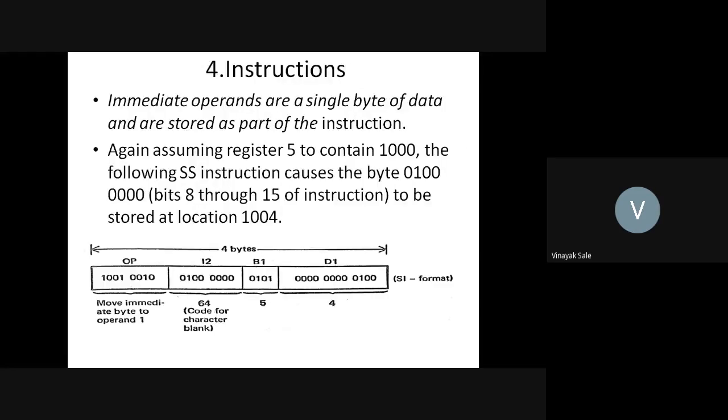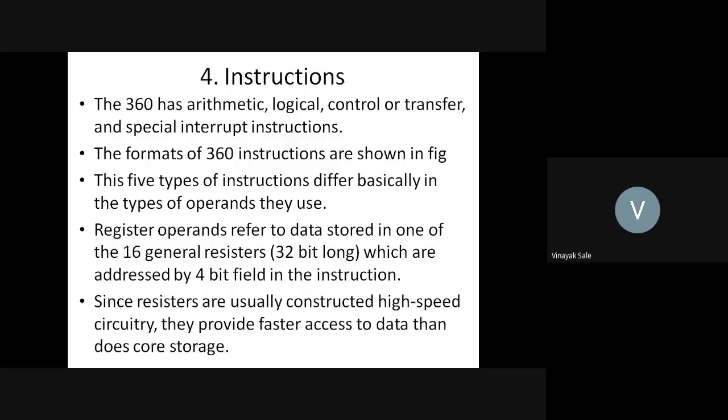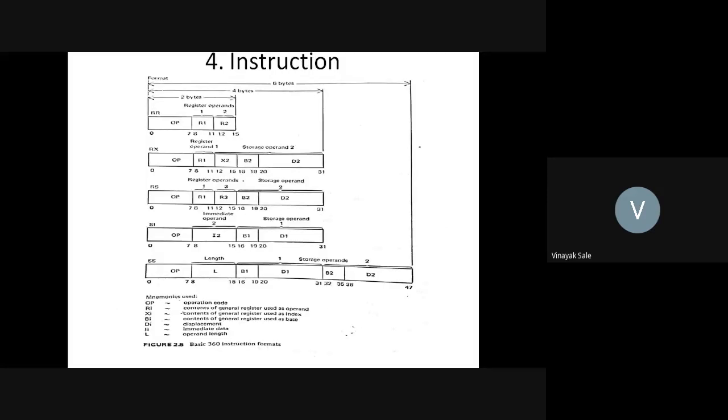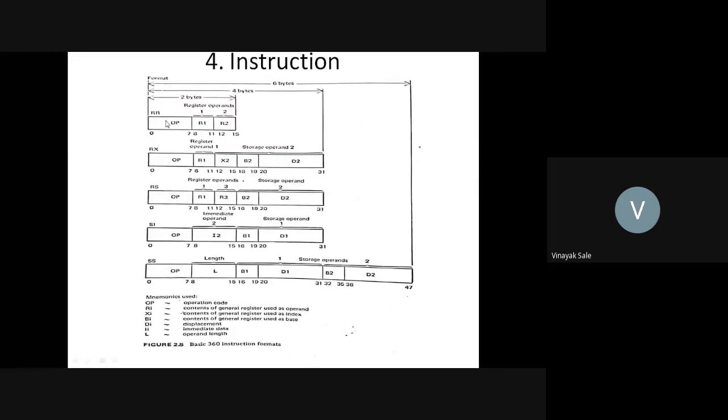In the last lecture we have studied instruction formats: 2 bytes, 4 bytes, and 6 bytes. So in 2 bytes, there is the register to register operation mode. There are only 2 registers. In 4 bytes, there are 3 types: a register to